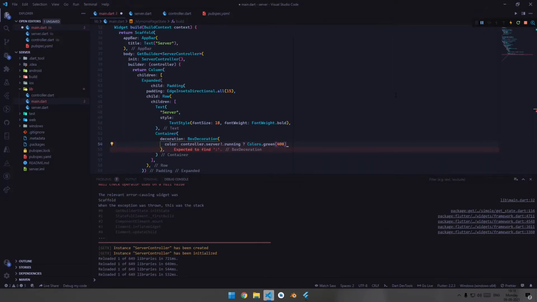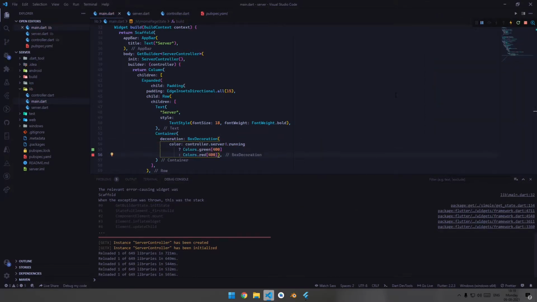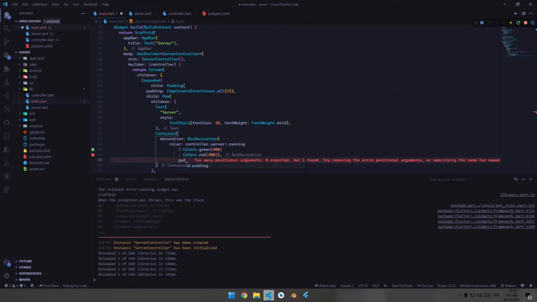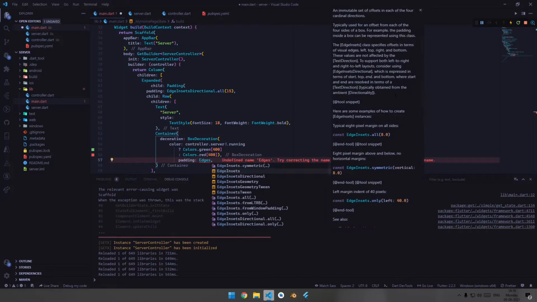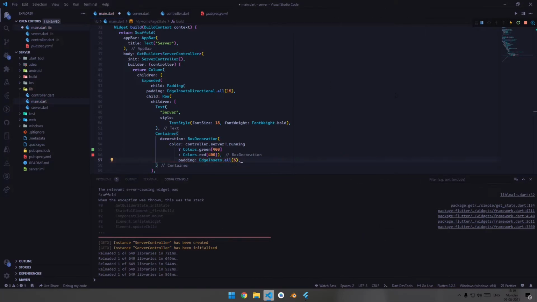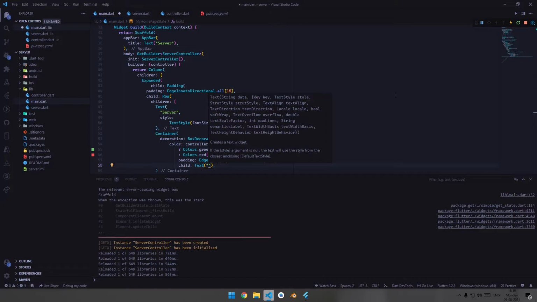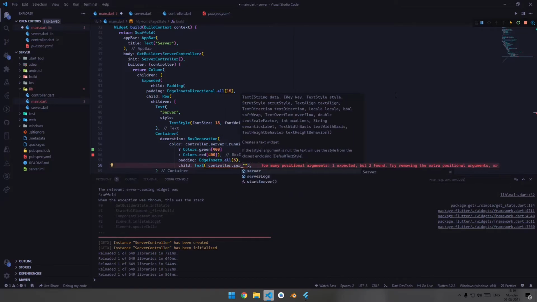Let's keep it as 400, else we will give it a color of red, which will be of 400. And let's give it a padding of EdgeInsets of 5, and inside the child we will be calling the text widget.